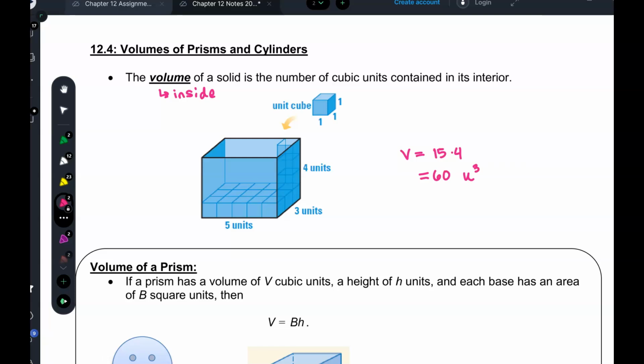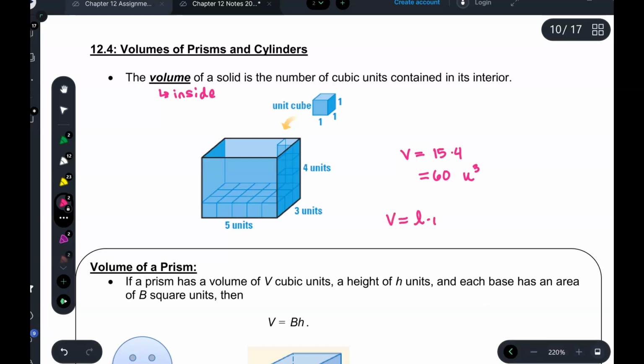Now, if we have just any box, you can also think of this as just length times width times height. This is only